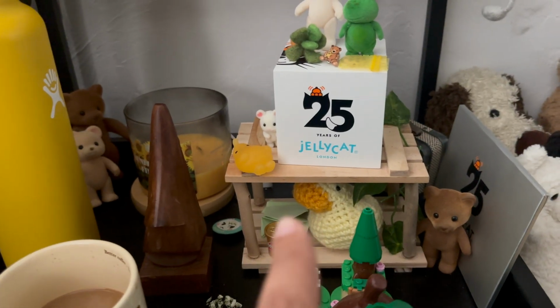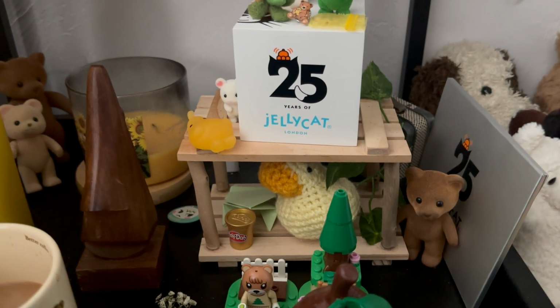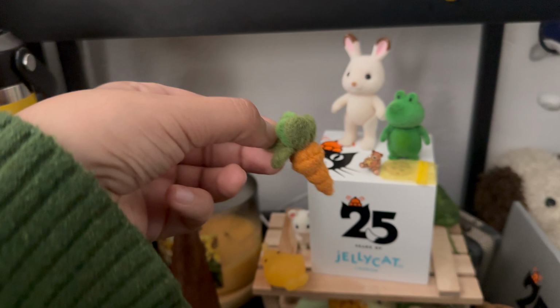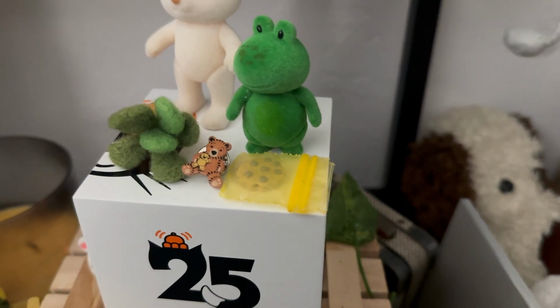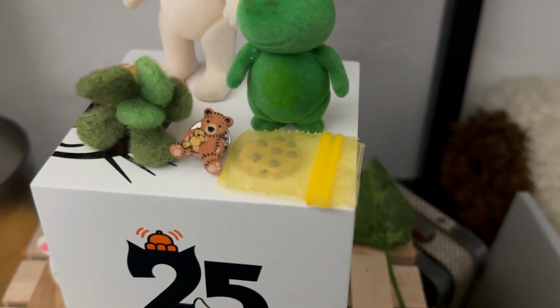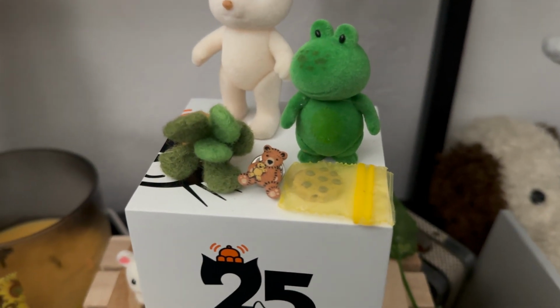We have this little wooden stand that I actually made out of some wood pieces I got at Dollar Tree. I just kind of super glued them together. On the top part, we got more calico critters. This guy's got a little needle felted carrot I made as this little snack. This guy's got a little cookie. The cookie's in a Ziploc bag that I also made by resealing a cut up Ziploc bag with a hair straightener. So yeah. Tiny wooden bear pin that I love dearly, but I'm so scared to wear because I'm scared